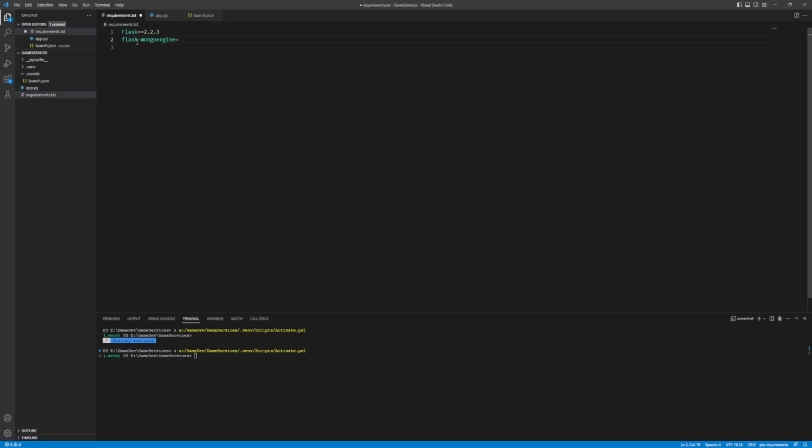We're going to use version 1.0.0, which is the one that it's going to install. And we're going to use a couple of other things: flask.env, which is going to be version 0.1.2, and python.env, which is going to be 0.14.0. So this library is going to be used to communicate with our database, and these two are used to